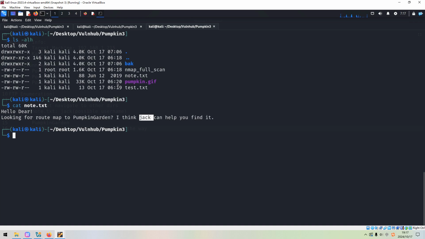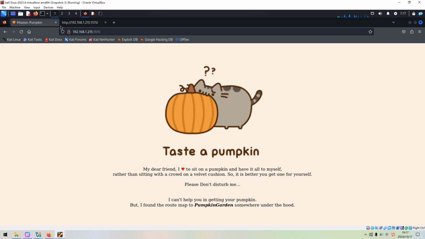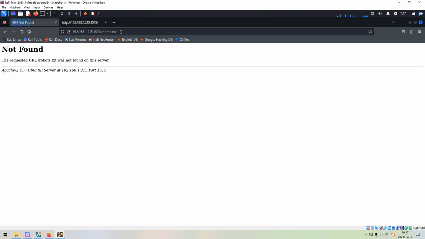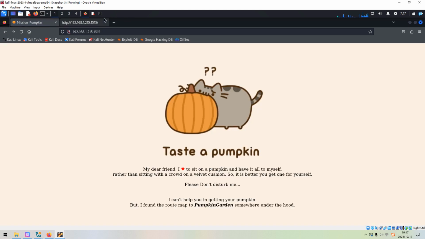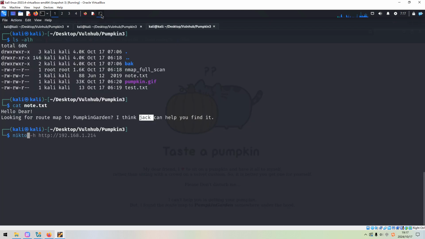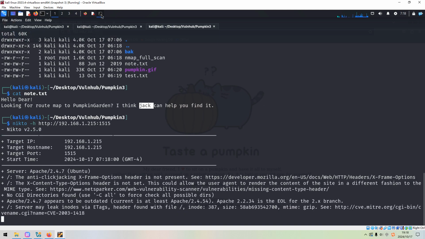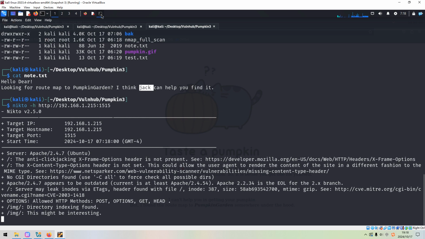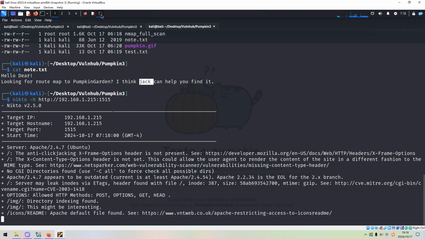Next, we need to check whether this site has a robots file or not. Not found. So next, we can launch Nikto to do the automatic enumeration. Nikto can give us very rich information about the web application from different aspects, such as the banner information, the request header information, and also allowed HTTP methods.